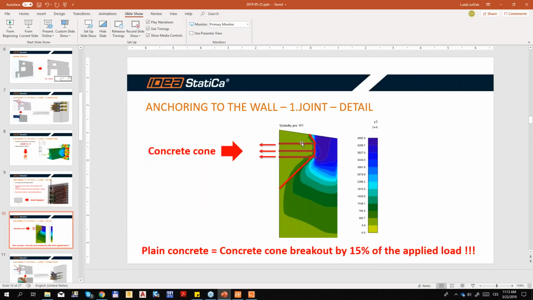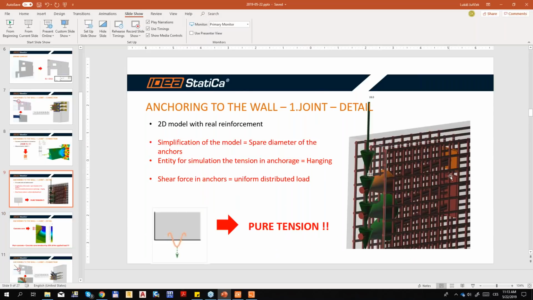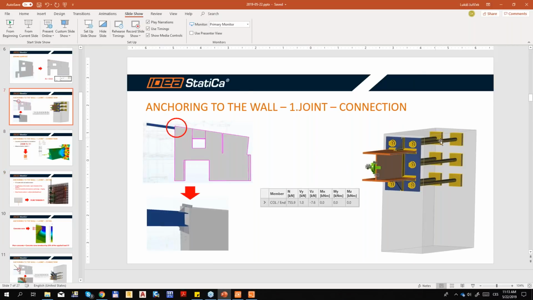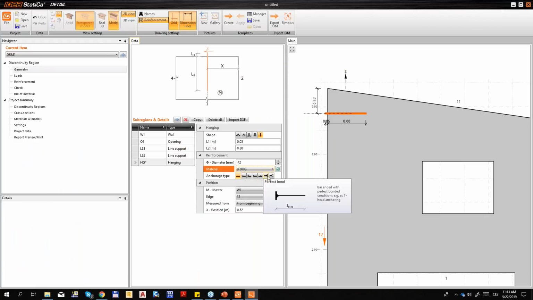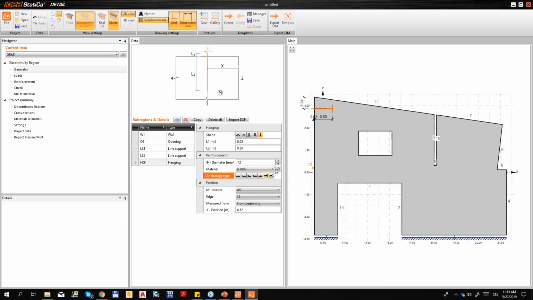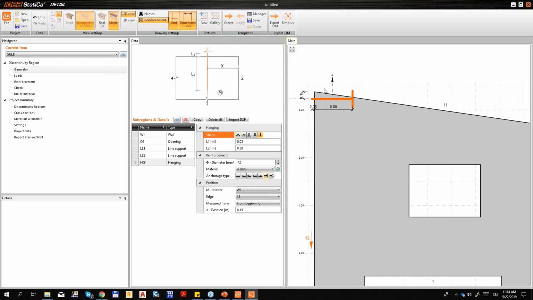As you can see, I will come back to the presentation. Here you can see that in the application Connection there are some rectangular stiffeners on the anchors. So we will use this type of anchorage, let's say a perfect bond, because we consider that the anchors will be fixed or welded to the reinforcement which will be inside the wall. So the exposition is 150 millimeters from the top of the edge,